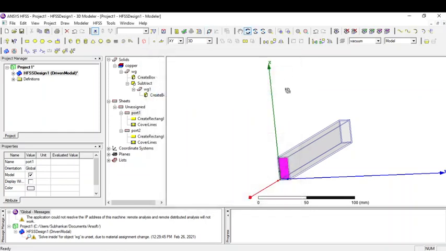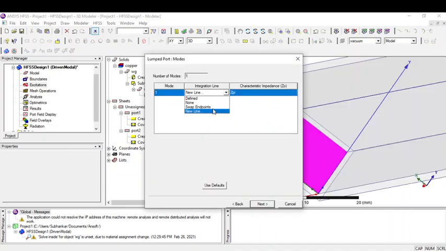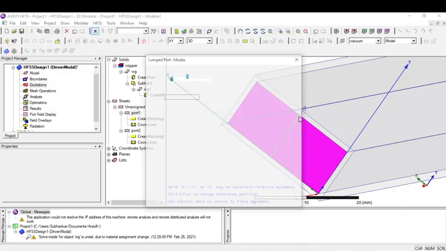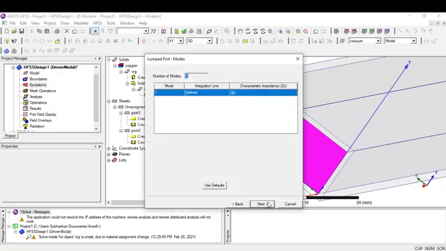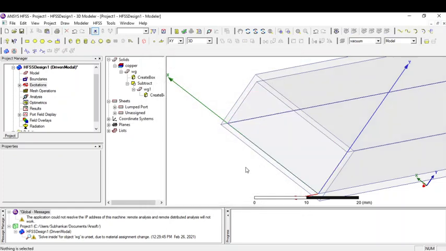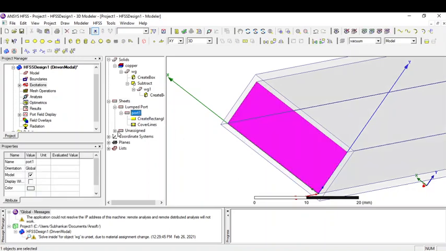Let's see what's the problem. Now we define a new line from here and select it from this end to this end, and now it shows defined. We select next and do not renormalize, and we finish. We can see our port 1 has been assigned. Now for our port 2,